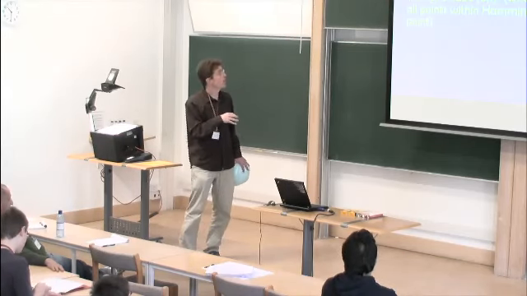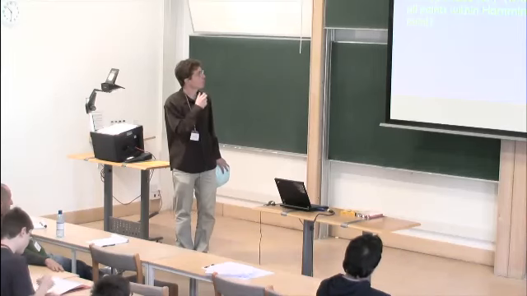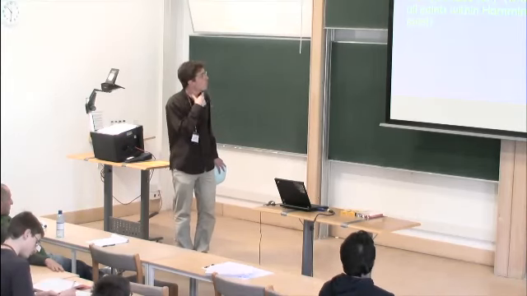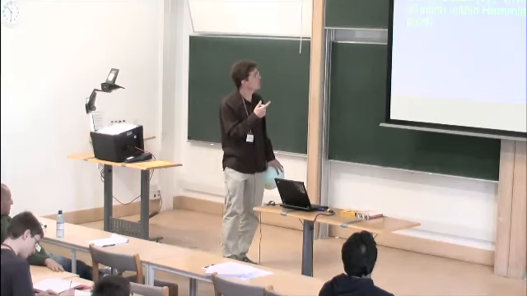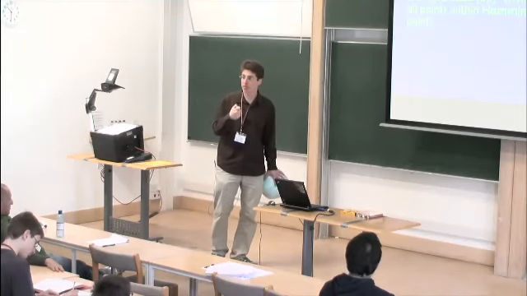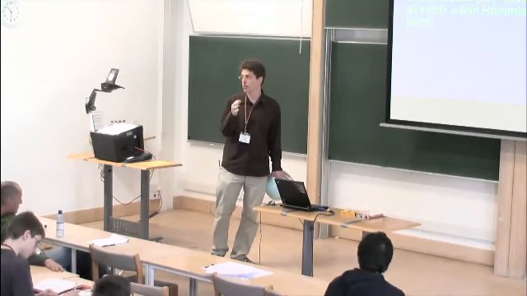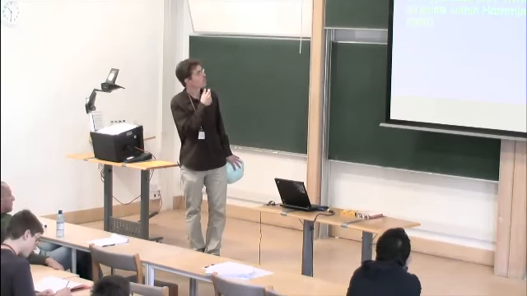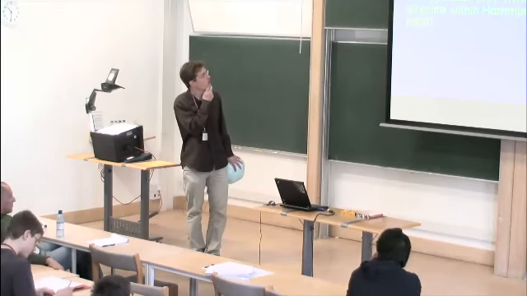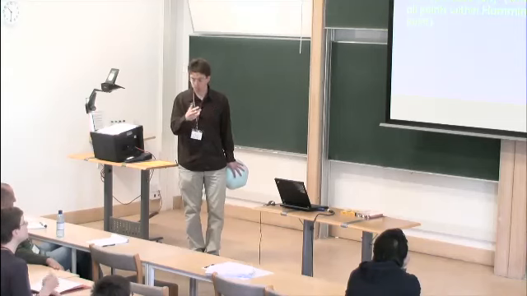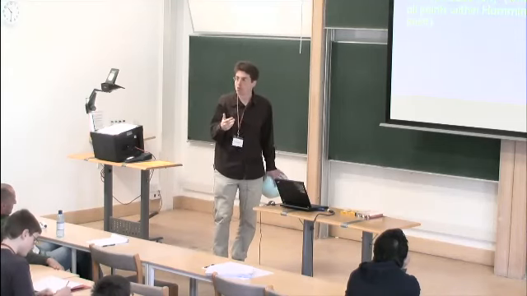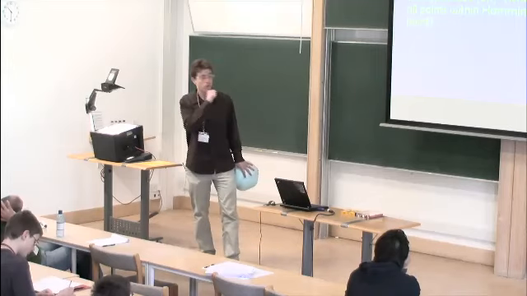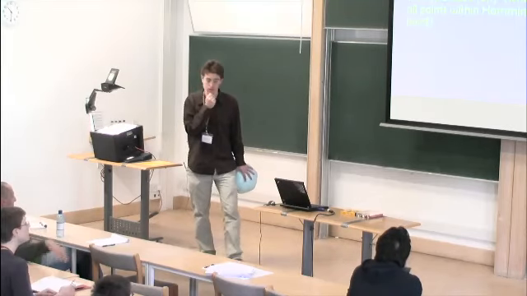You can have exactly the same statement, or the analog of this statement, in the hypercube {0,1}^n. What it means there is that an equator is just the set of all points of Hamming distance n over 2 from some fixed point, because that's an equator in the Hamming cube. And the statement says that for any set of measure 2 to the minus n to the 1/3, sampling it using such equators gives you a good estimate of the measure of the set.